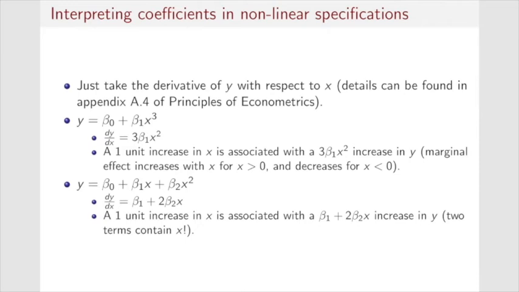More details can be found in the appendix of Principles of Econometrics, but the idea is to take the derivative of y with respect to x. For instance, in the simple linear regression model, if we take the partial derivative of y over x, we get beta 1. So we interpret beta 1 hat as